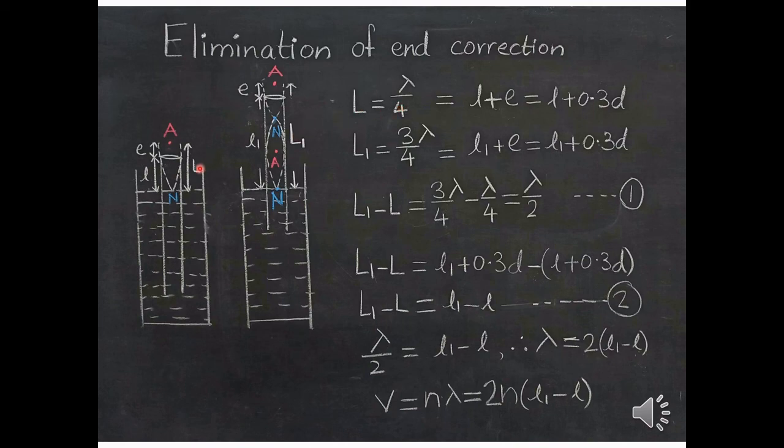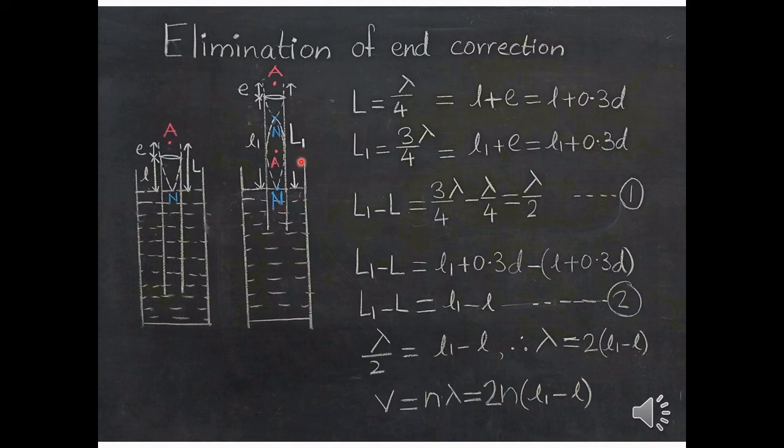After finding out the first resonance or first resonating length, the pipe is raised further till the second resonance occurs. The sound in this case is not as loud as that in the first case, but it is loud enough to be clearly heard. Now if you observe it carefully, you will find that this is the next mode of vibration of the air column in case of a pipe which is closed at one end. The manner in which the air column vibrates in case of first resonance and second resonance is shown here.